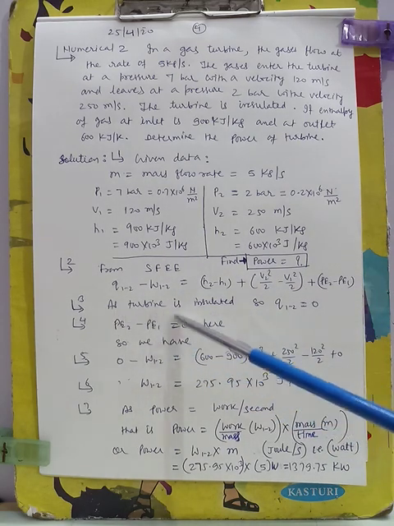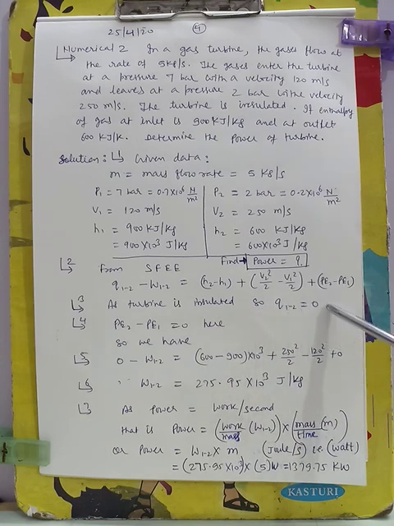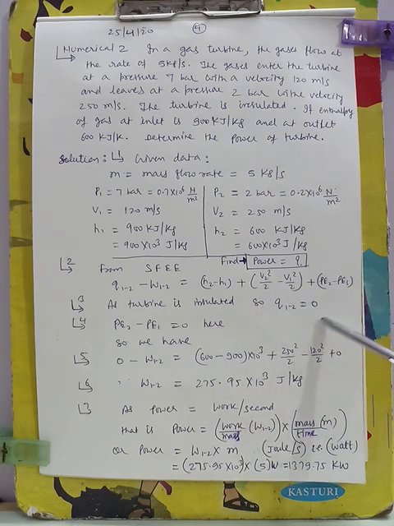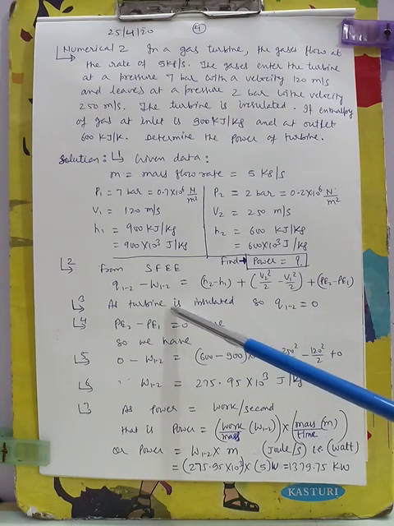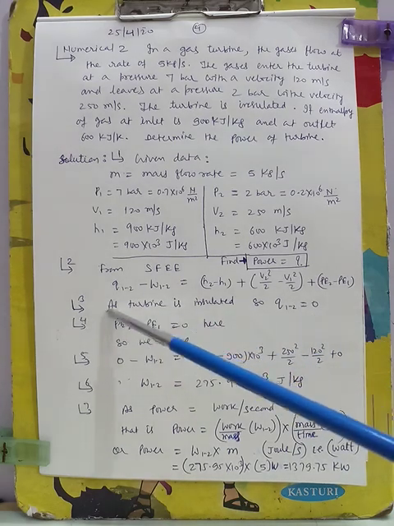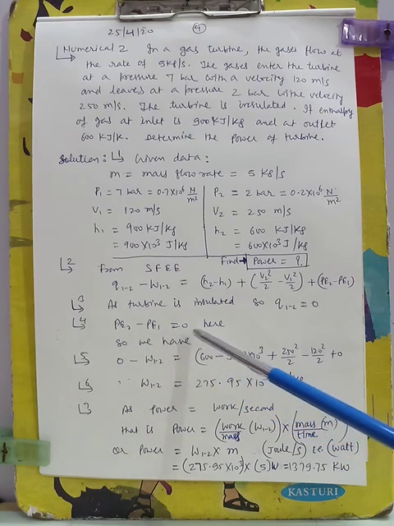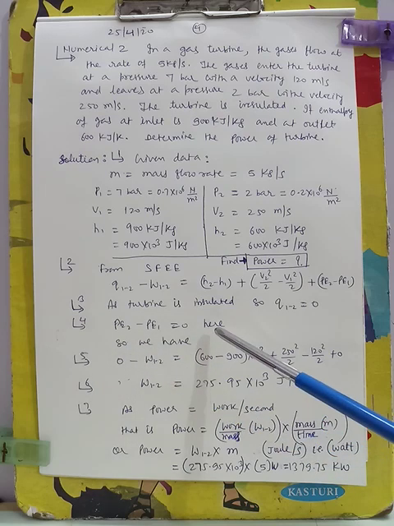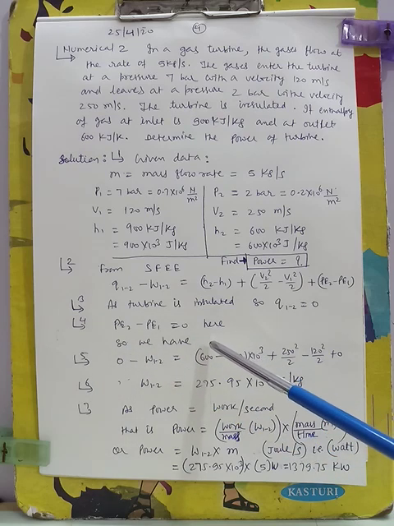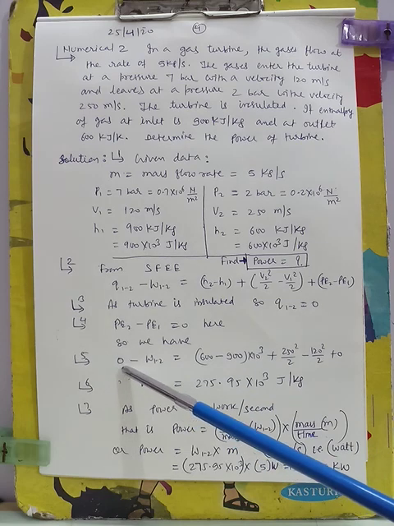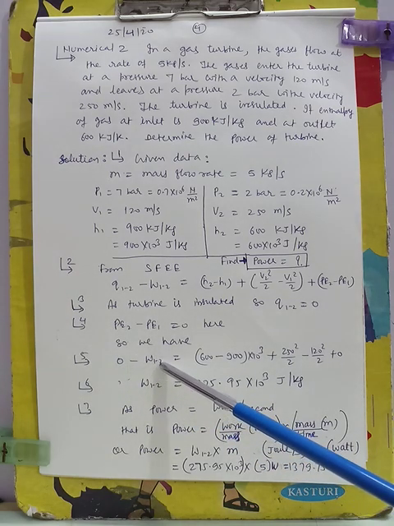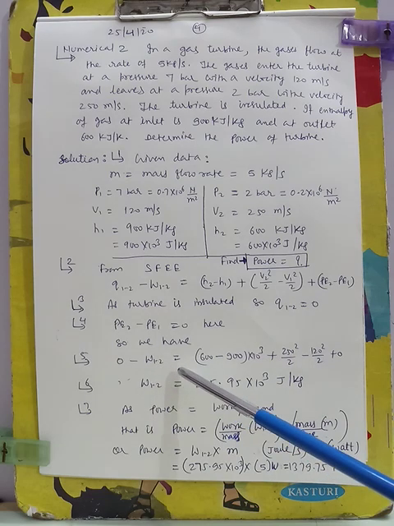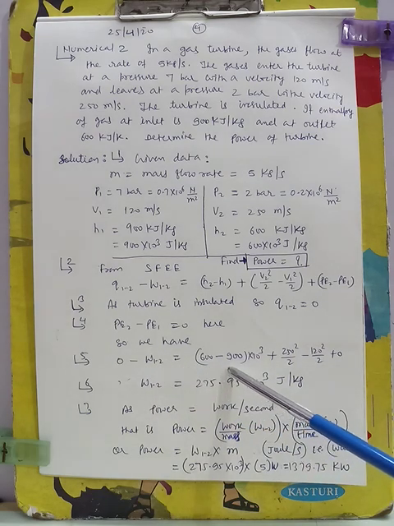Step number 3: as the turbine is insulated, the heat supplied to and from the system will be 0. So Q12 is equal to 0, and there is no role of change in potential energy here. So PE2 minus PE1 is equal to 0. Finally, the equation for the turbine will be Q12, which is 0, minus W12, that will be the work done by the system, is equal to